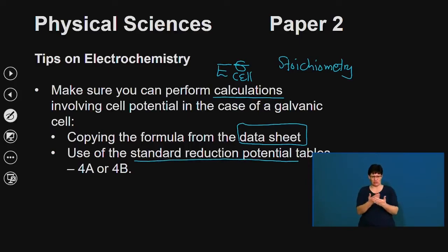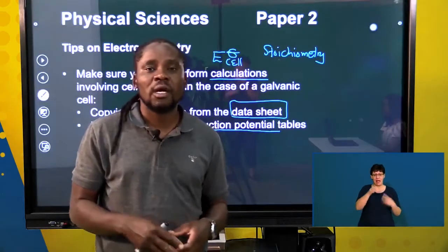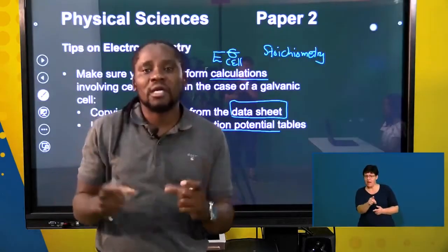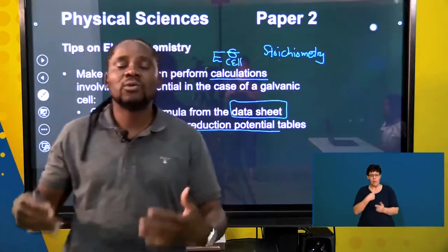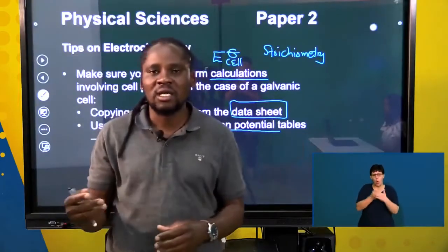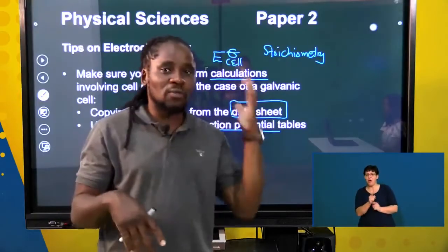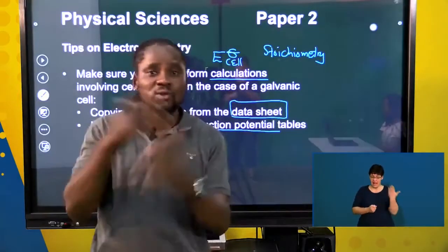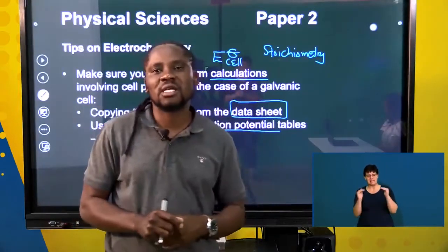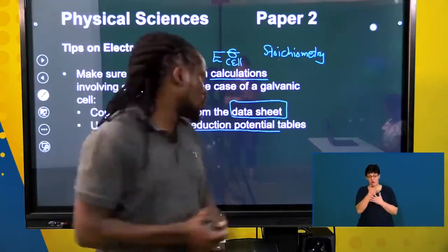Why exactly are we saying reduction? Because all those reactions in table 4A and 4B are based on gaining of electrons. But remember, there is a double arrow. So in trying to identify whether a substance undergoes oxidation or reduction, we need to make sure that we use a single arrow to show that it moves from left to right. In some cases, we have to reverse. So the skill around the use of the standard reduction potential is the main issue as far as electrochemistry is